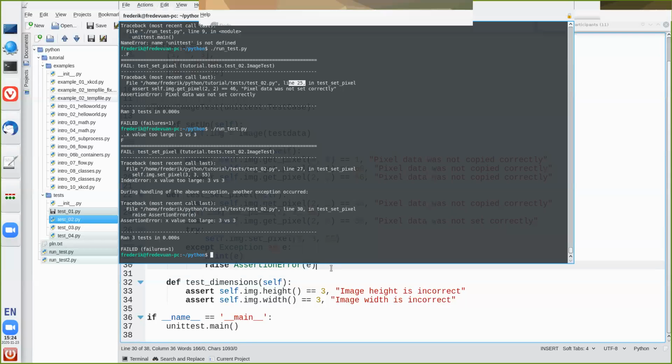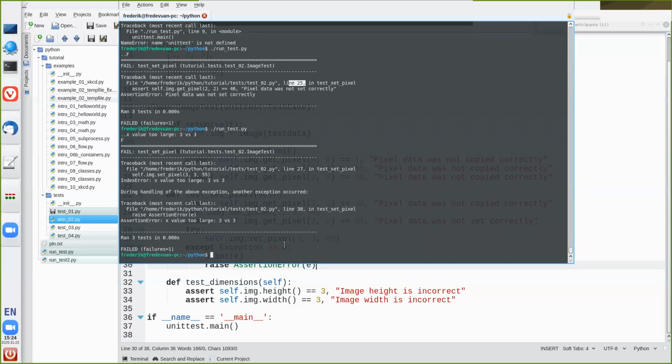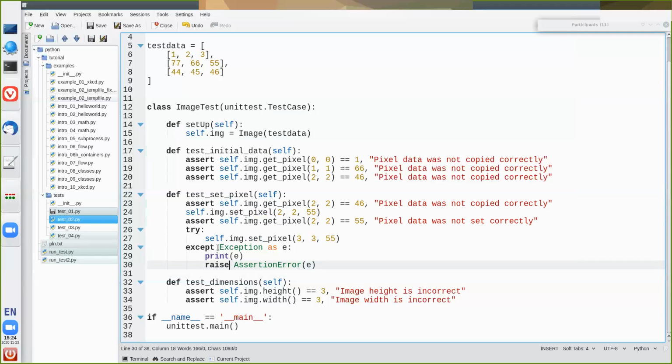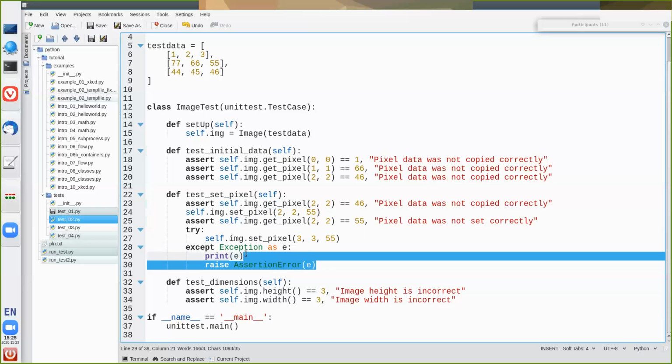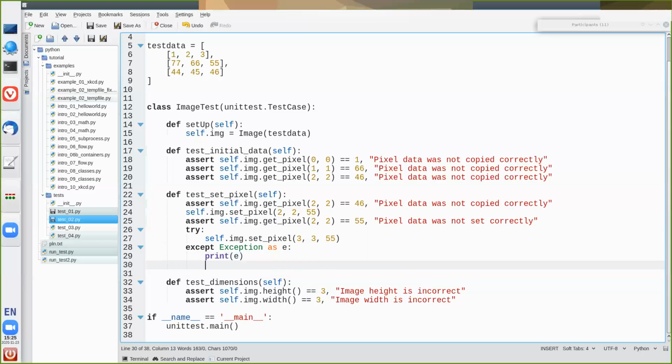So I just ran that, and it says, okay, the test fails, and it fails with an assertion error. I erased here the assertion error based on the previous exception, but actually this is wrong, because we want the exception to happen. We actually want it to fail if the exception doesn't happen. So one thing that we can do is say